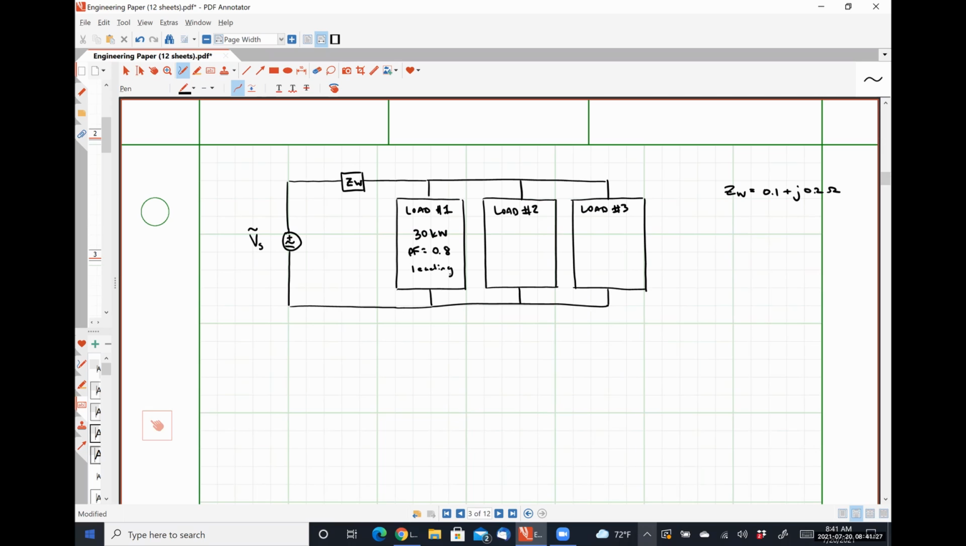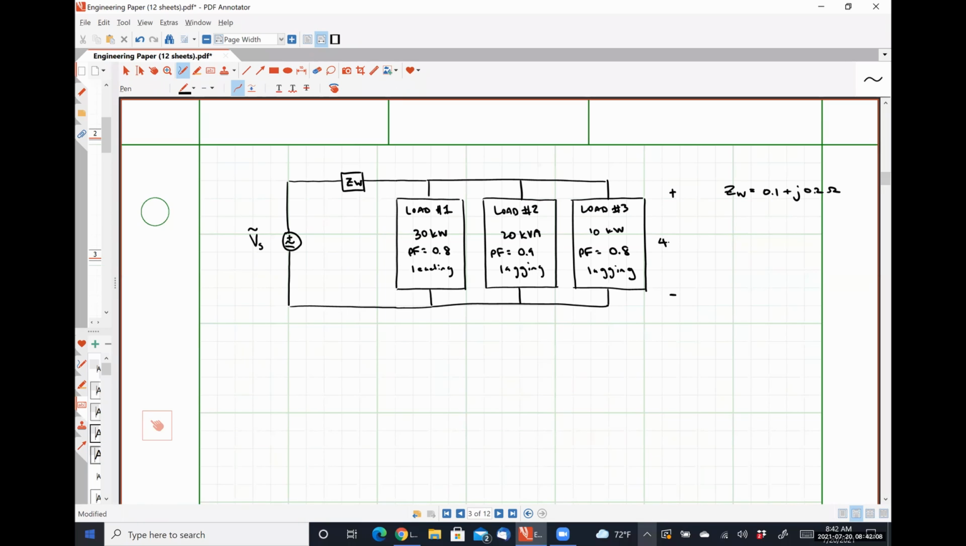Let's say that load number 2 is absorbing 20 kVA at a power factor of 0.9 lagging. And let's say that load number 3 is absorbing 10 kilowatts at a power factor of 0.8 lagging. And we are told